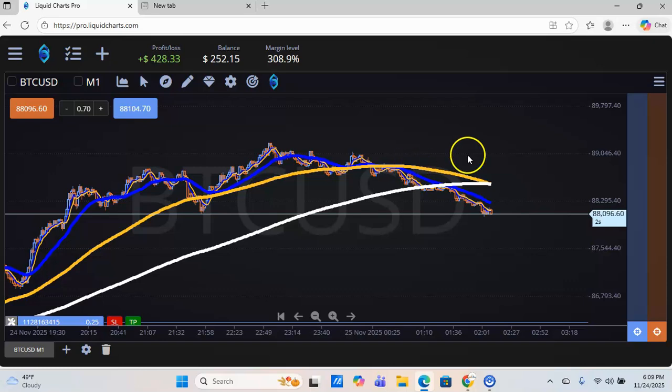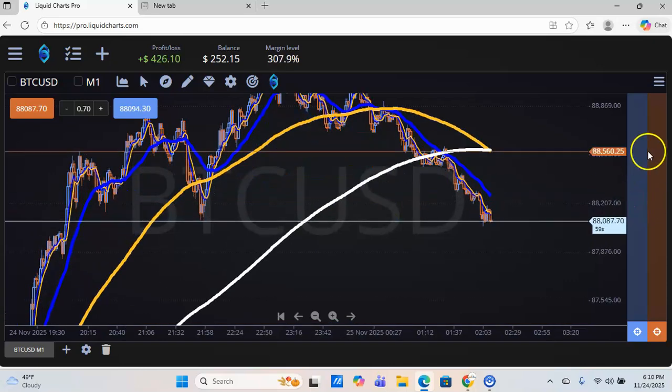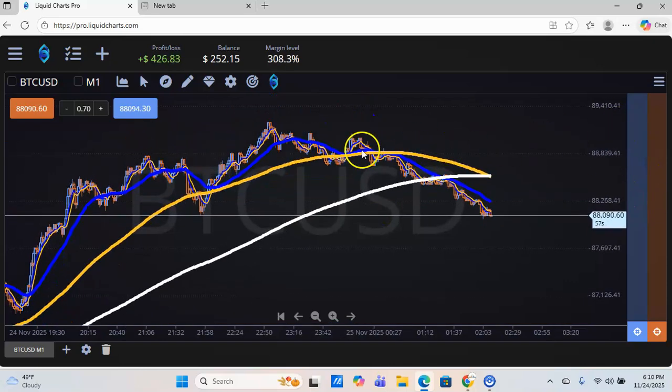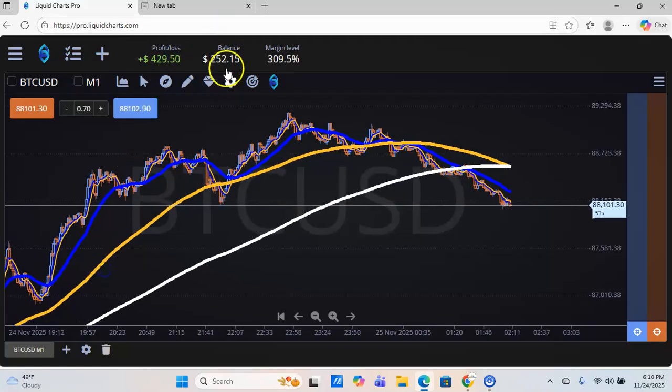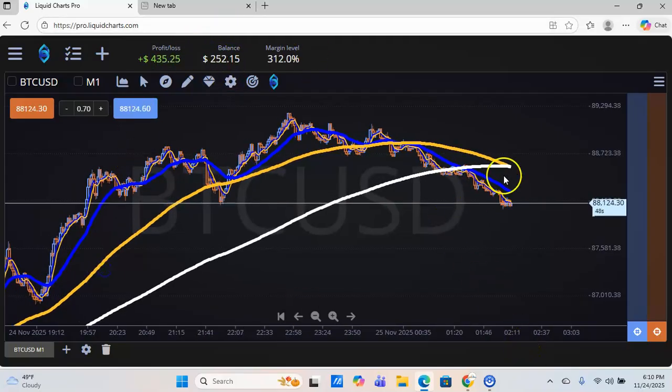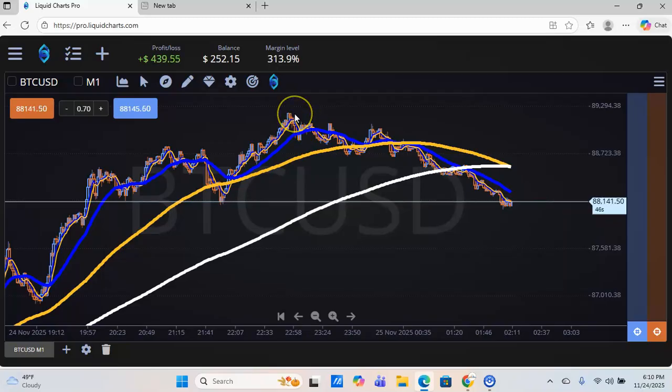Now I just got home from the gig, and I've been home for a while. I should have got out the trade right here, took that as profit and got right back in going this way, right? But as you see, I'm still up. I still doubled my account. So imagine what it had to be up higher.